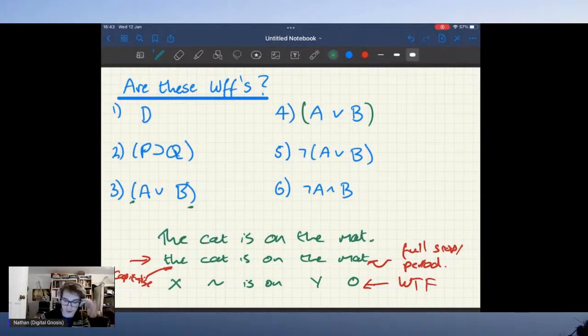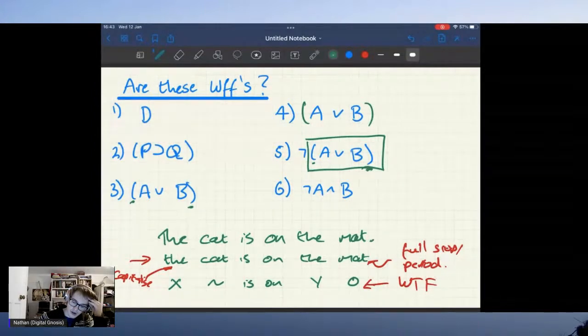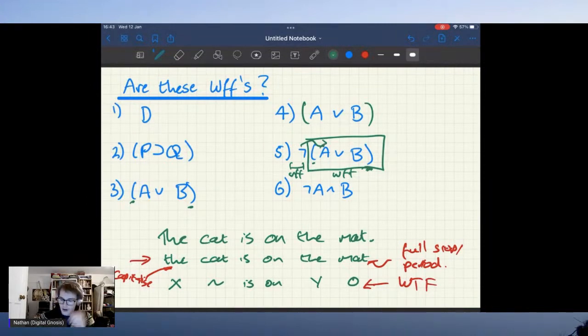So 5 here, we can see that that is a well-formed formula because taken all together, A or B is a well-formed formula with the brackets around the edge. And then our negation symbol takes one well-formed formula, and it gets plugged in there. And now 6 is not a well-formed formula, okay? Because 6 doesn't have the brackets around the edge. But suppose we did have the brackets around the edge, then would that be a well-formed formula? Well,